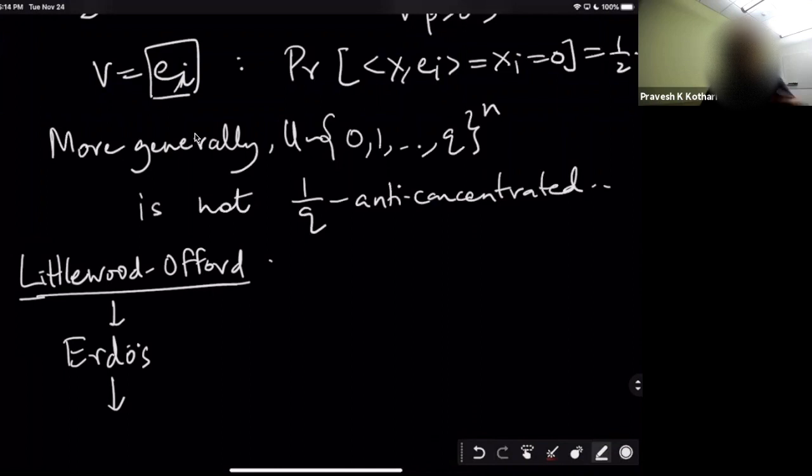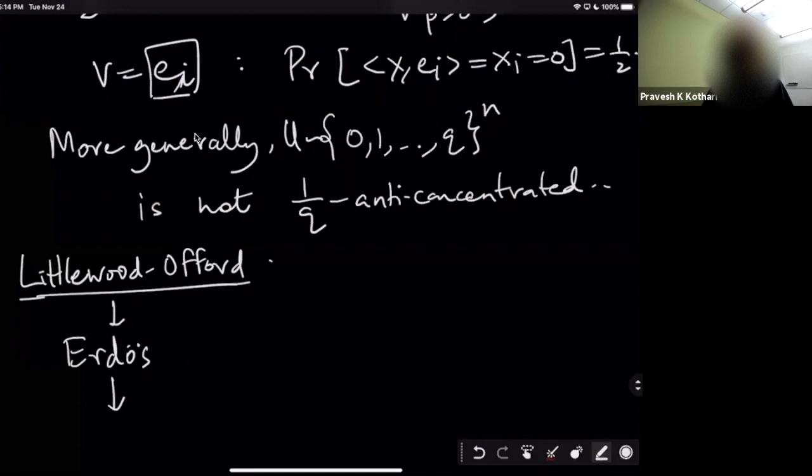if you ignore vectors that satisfy some non-trivial structure, then everything else is fine. Maybe say it this way: the distribution may not be anti-concentrated only if I project to one of the structured directions. So the e_i's, etc., are very structured directions. They are in particular very sparse vectors. And these Littlewood–Offord type theorems basically identify some structure and then say that, as long as you take a vector which is not of the structure, your distribution is going to be anti-concentrated when projected to non-structured directions.